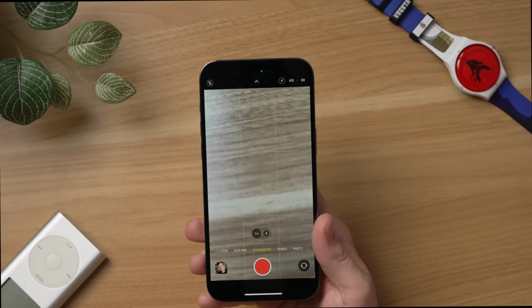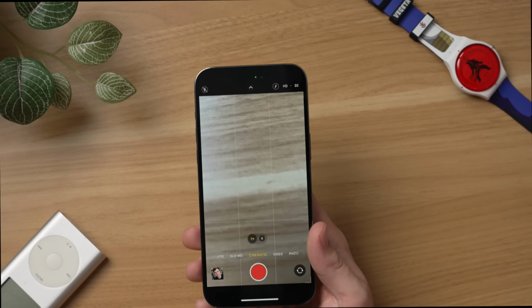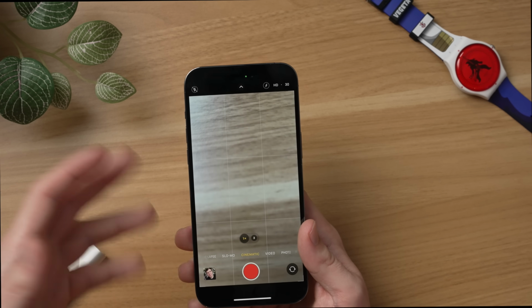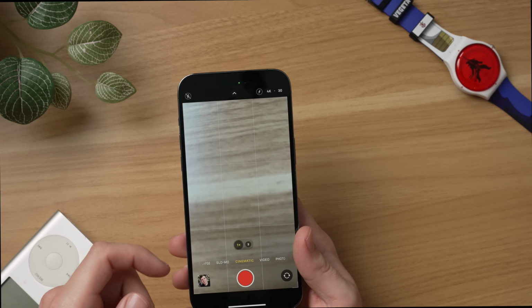Speaking of video modes on the new iPhone 14 Pro, Apple also upgraded their cinematic mode to 4K. Last year on the iPhone 13 Pro, it was only in 1080p. So when you first open up cinematic mode, you're actually going to notice that it still defaults to HD. Now, of course, you can go over and hit this over here and then change it to 4K,